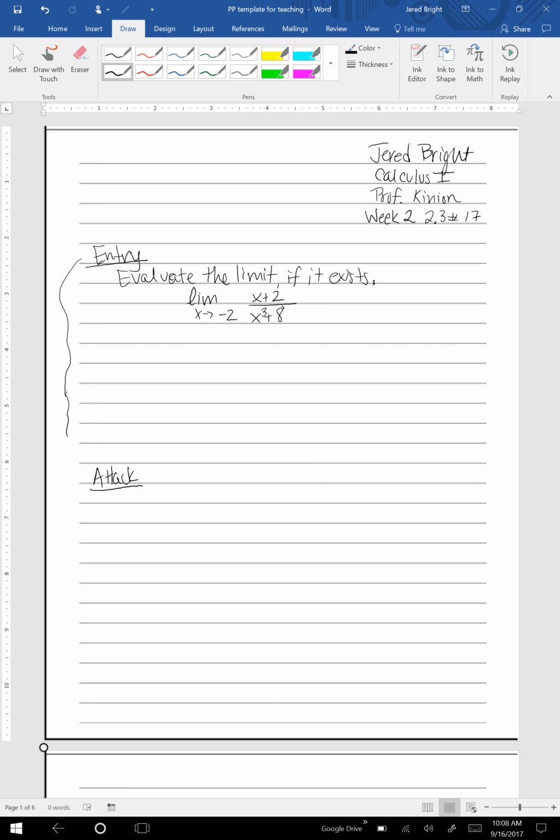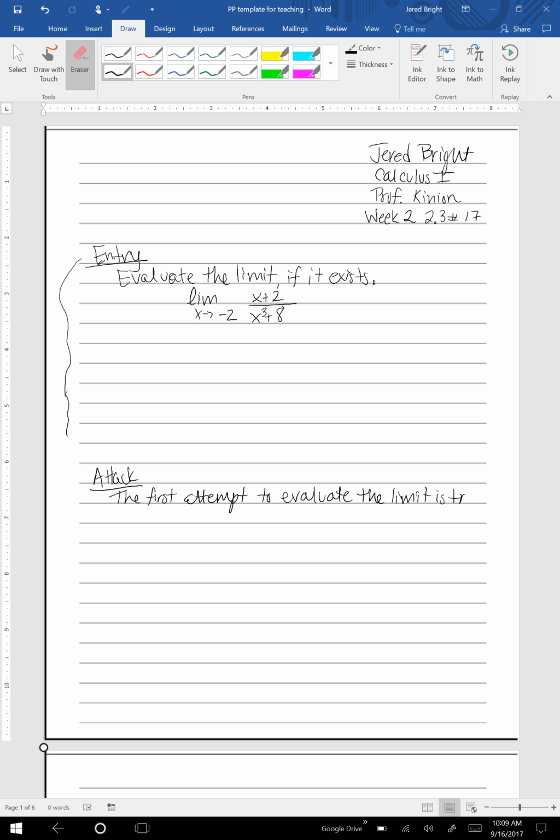Alright, so the goal of this problem is to evaluate the limit. If it exists, I'm going to tell you that it does. And so I might just start off with, again, I've already done the math on the side, I might start out by saying the first attempt to evaluate the limit is to,